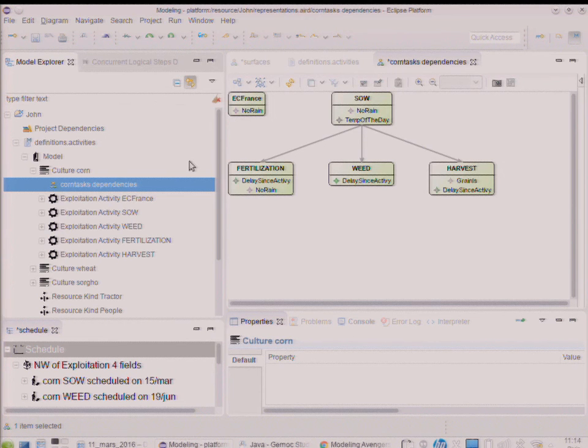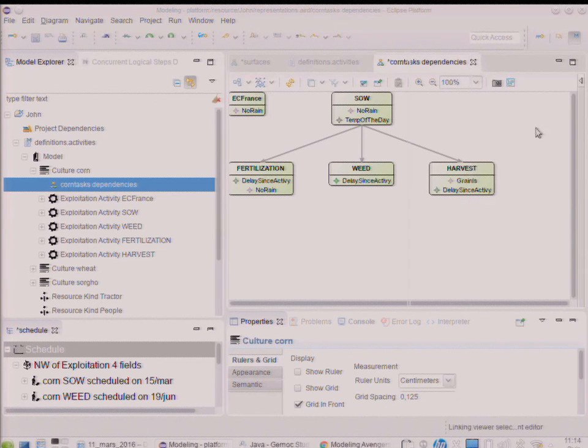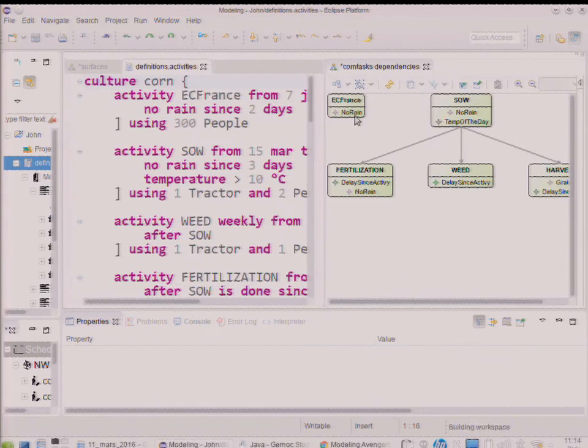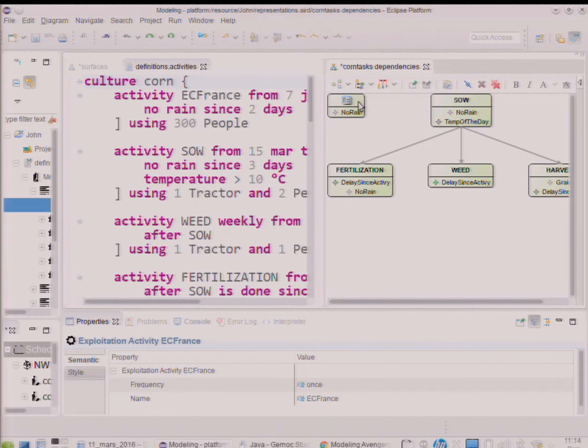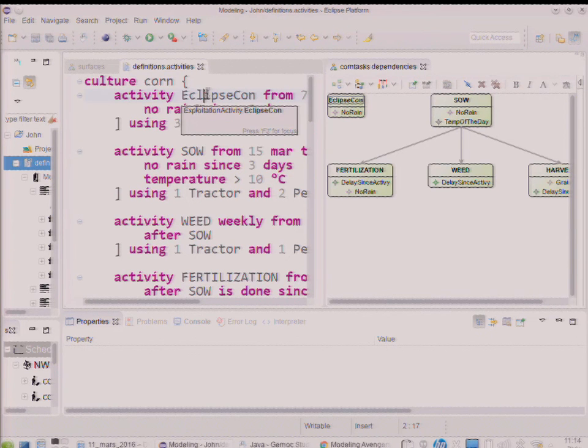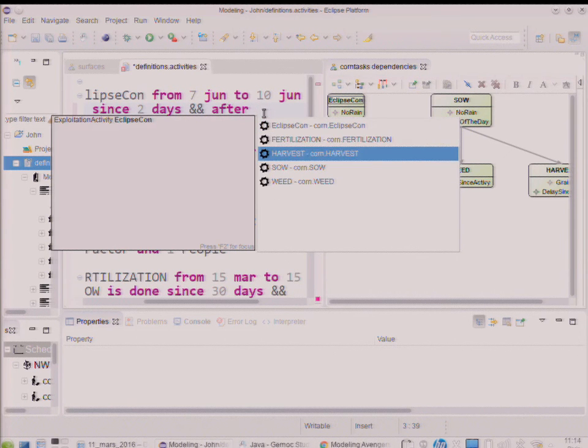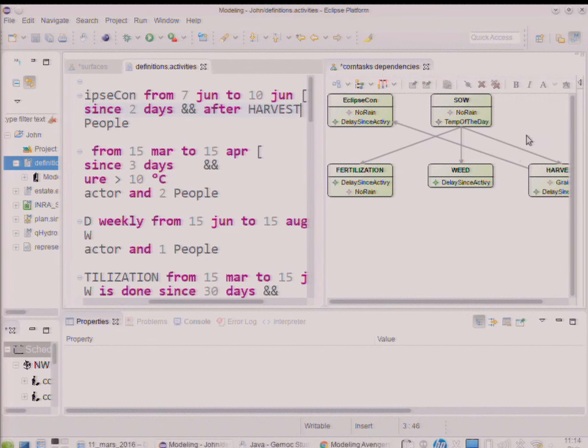And I can also look at the dependencies in between the tasks, the activities. And of course, I can also edit from here and save, and it's going to update the file back, and maybe we can only do so after harvest. And then you see the dependencies which happen. So really, we have 2 different views on the exact same model in this case. It's using XText on the left, and Sirius is understanding what's going on the right.